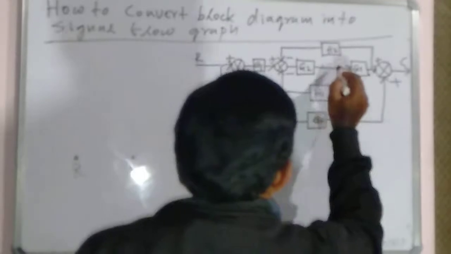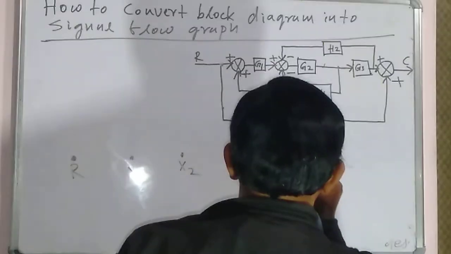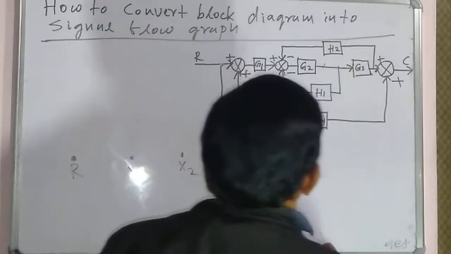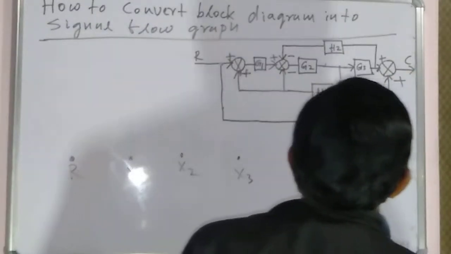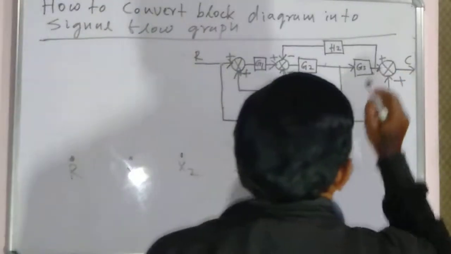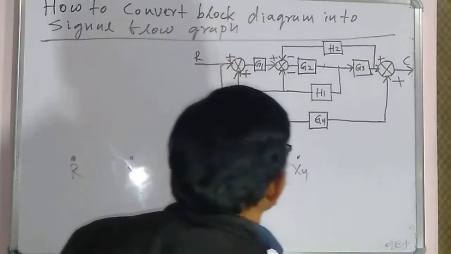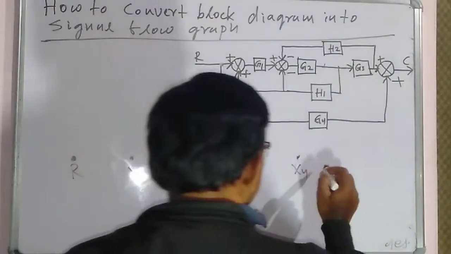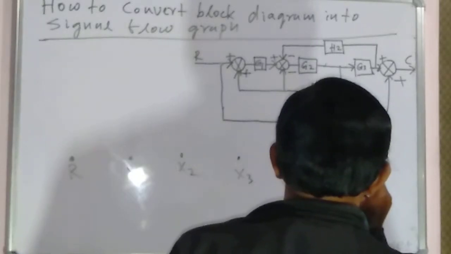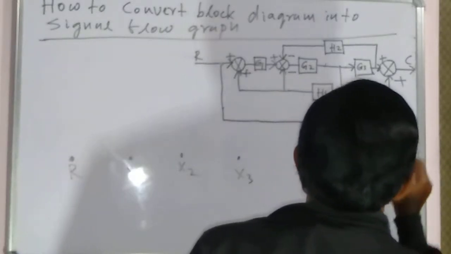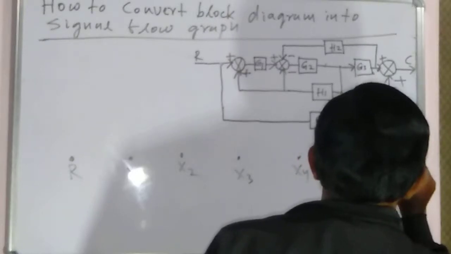So this takeoff point is replaced by another node, that is x4, and this takeoff point and summing point are both present consecutively. Therefore we can replace this by a single node, that is your x5,